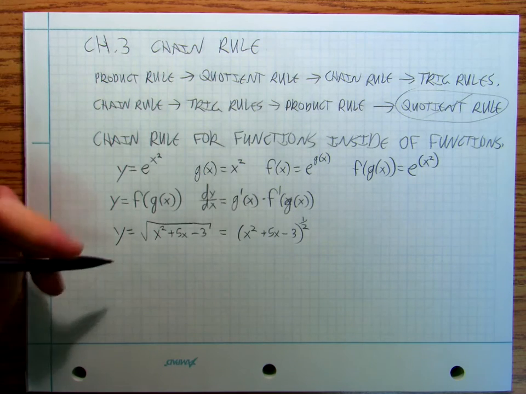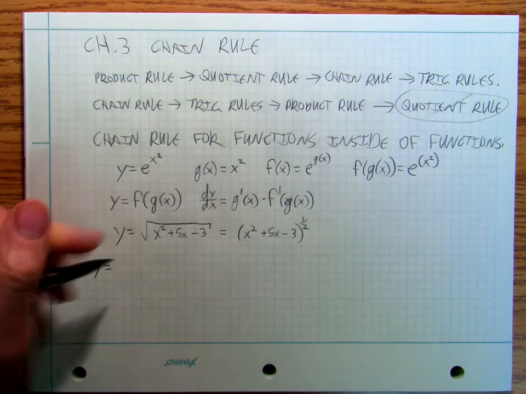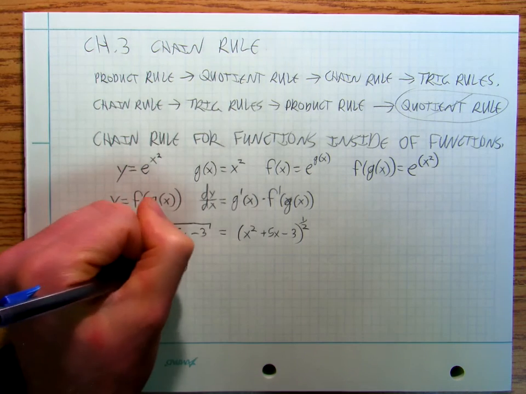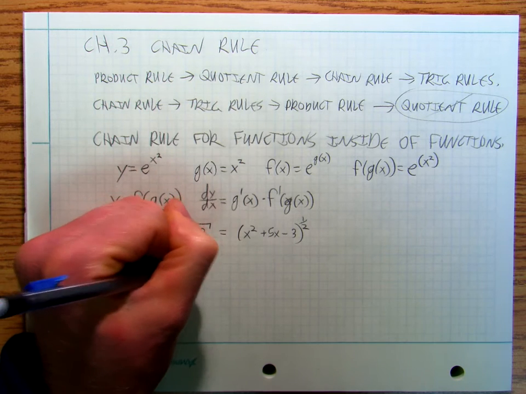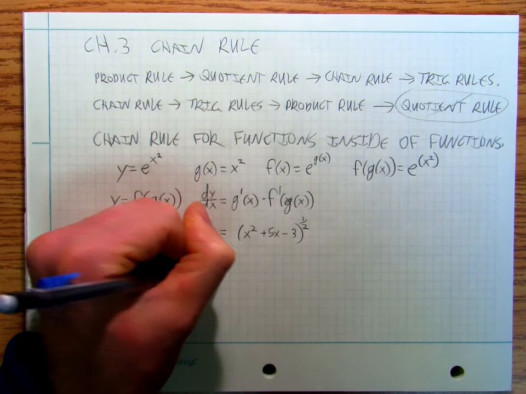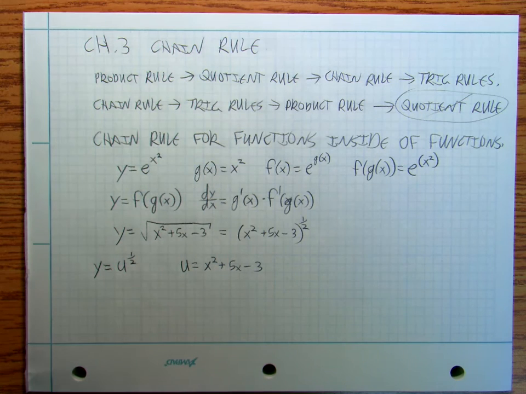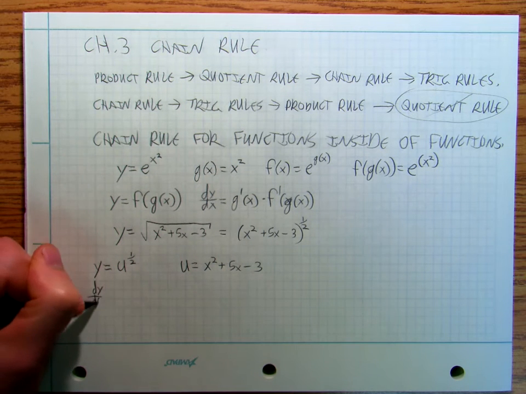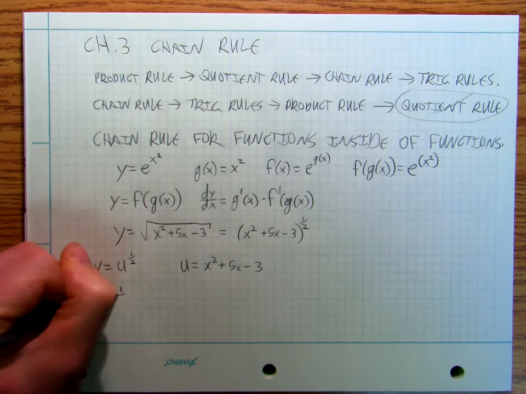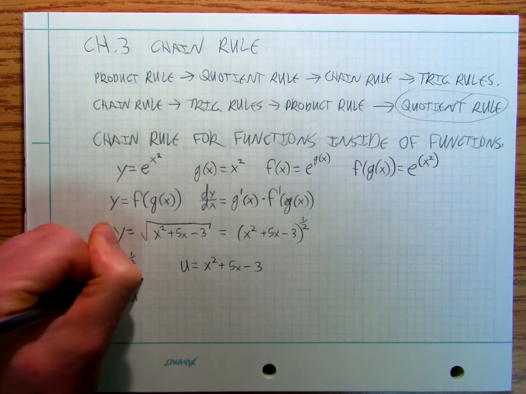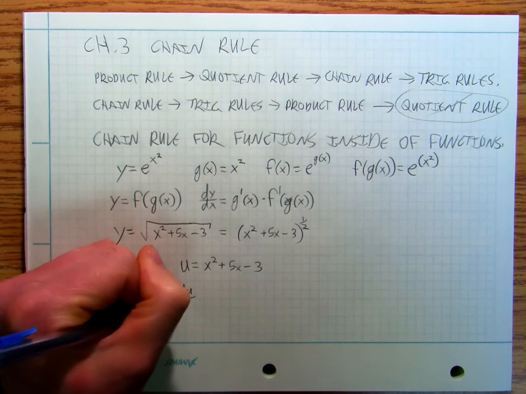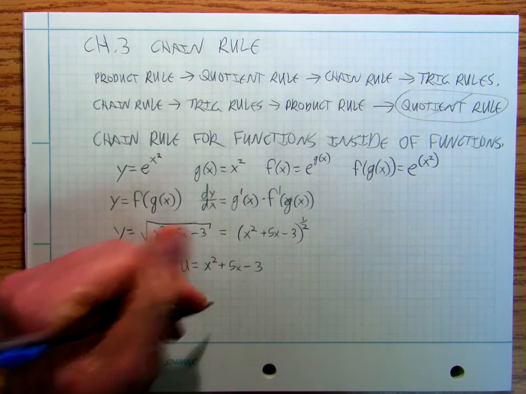And then what I'm going to do is I'm going to say y equals u to the 1/2, and u equals x squared plus 5x minus 3. Then I'm going to say dy du is equal to 1/2 u to the negative 1/2, and I'm going to say du dx is equal to 2x plus 5,